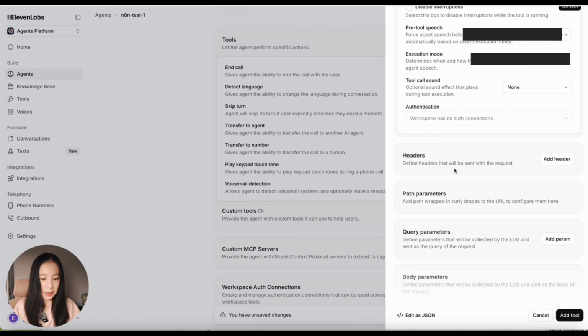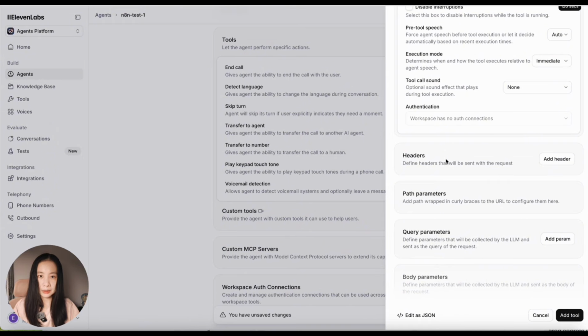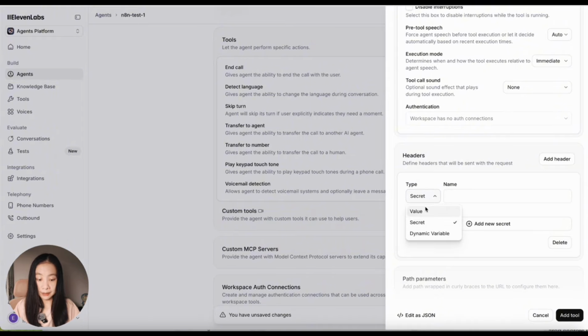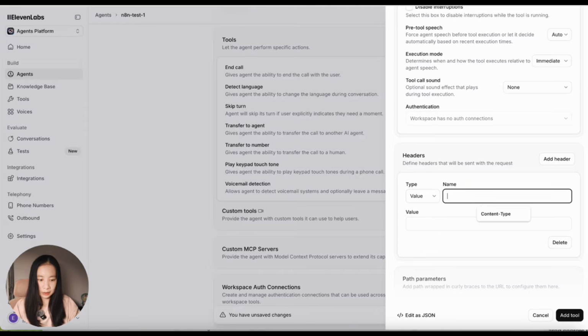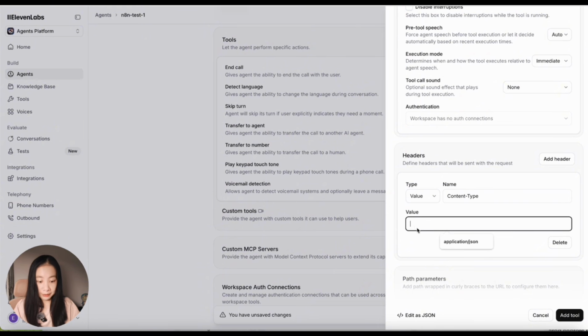And very importantly, we have to set up the header. Some other YouTube tutorials, many have skipped this step, but I found it usually does not work very well if you skip the header definition here. So click on Add Header. Under Type, select Value, and name, enter content type. Well, you can see this suggestion here because I have created agents in the past and used the exact same setup. And under value, again, there's application/JSON because I've set it up in the past. For you, you can just type the words in. Make sure it's